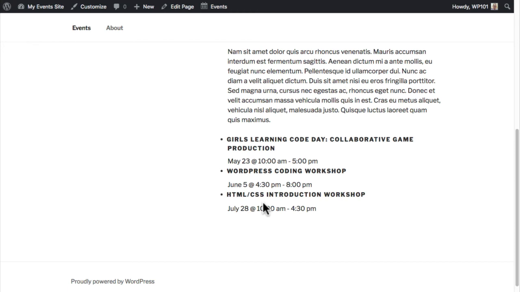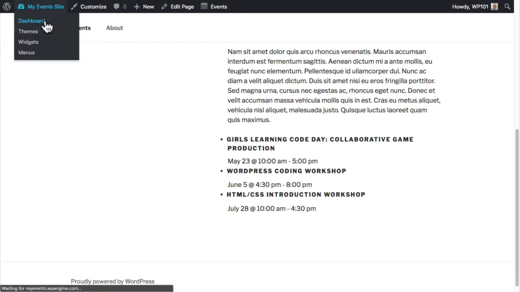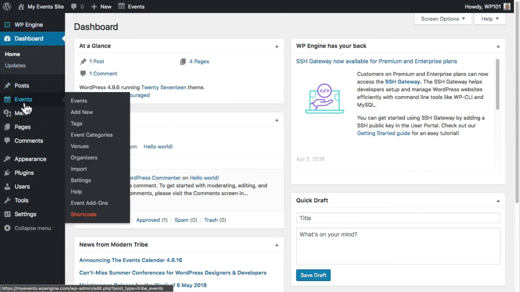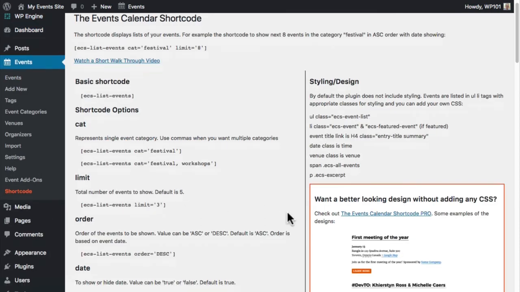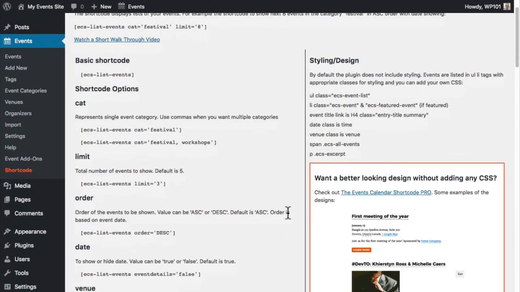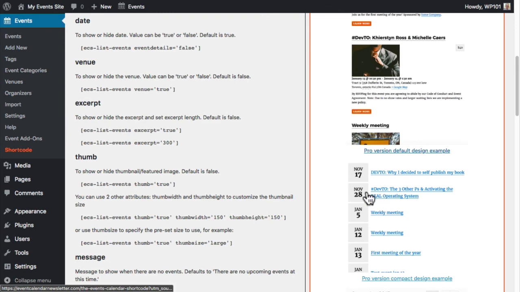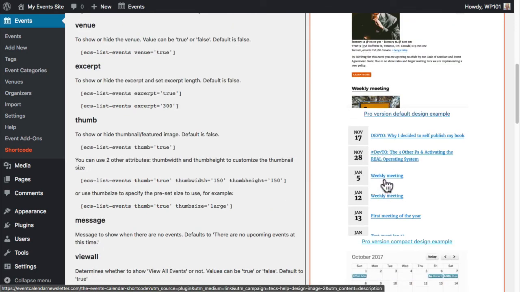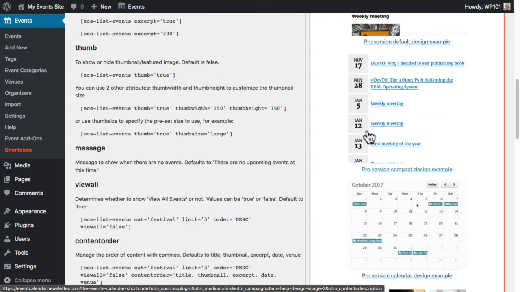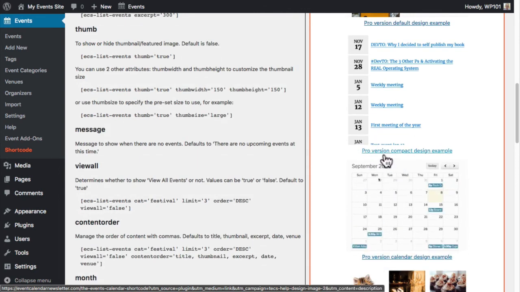Or another option, if you head back to the admin area of the site, click Events and then Shortcode, you can see details on the Pro version of this plugin, which includes a number of different designs you can use, like the compact view with the event date nicely visible, and even a full calendar view visitors can use to